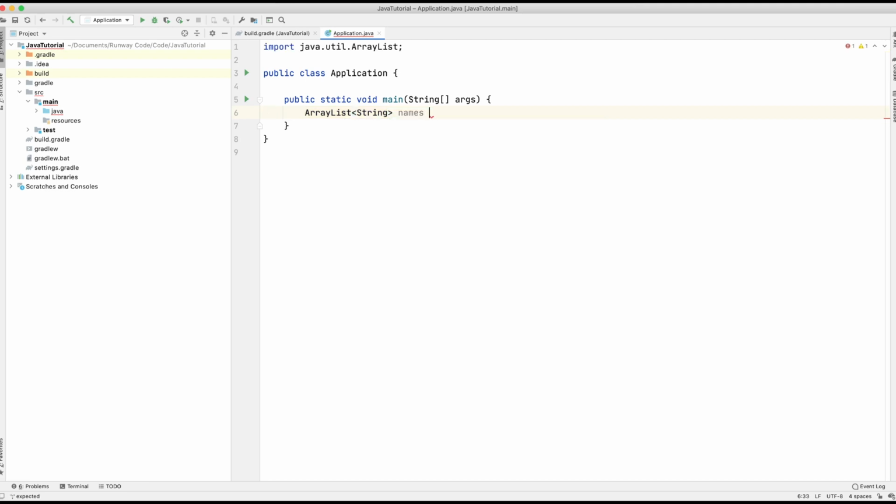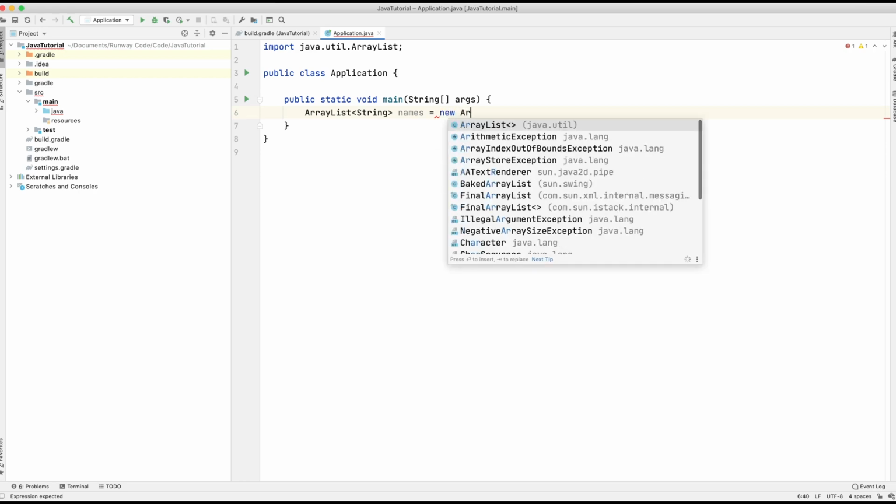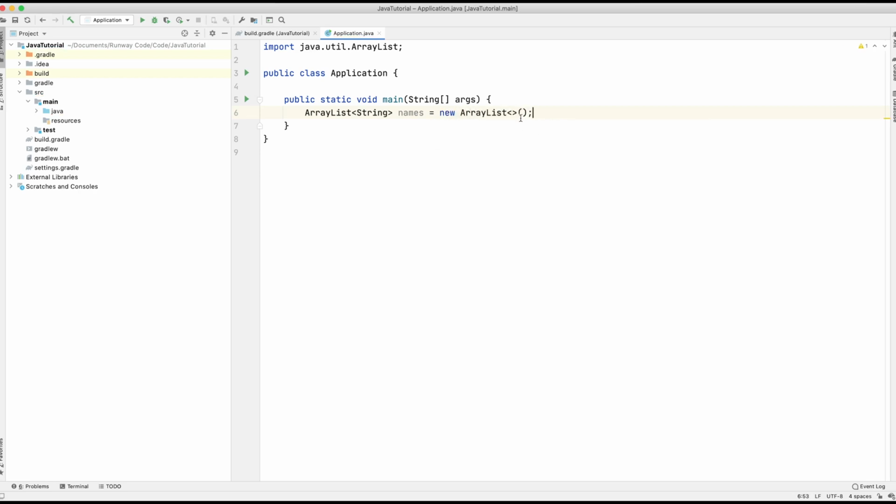We're going to call the variable names, so it has a type of array list which will store string values, and we're going to equal that to a new array list. And we're going to end it with a semicolon. And notice as well how we have parentheses because we're constructing the array list. Now, if you remember with arrays, we could simply declare and instantiate the array on the same line, but we can't do that with an array list. So we need to type out